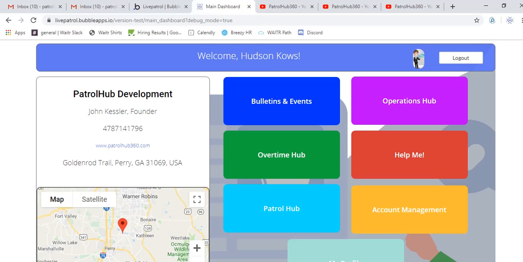I want to go over the new dashboard. All the same features as we've discussed before, but this will be the new dashboard for the police department. As you can see, this is a demo version of the software. To get down to the nitty gritty, the main changes that we can look for are